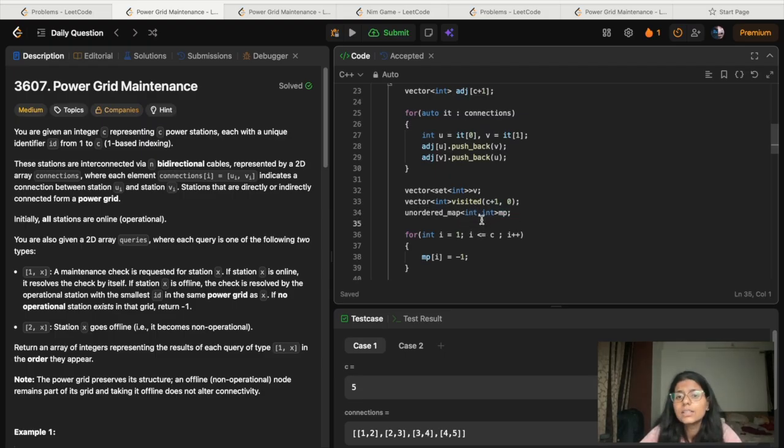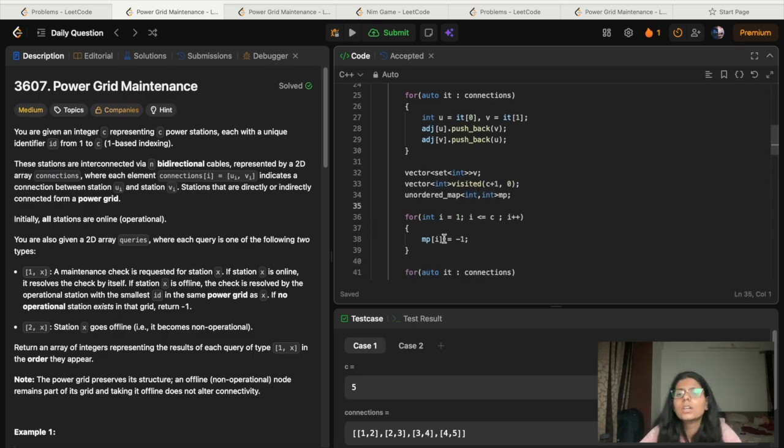Then another map. What it does is store, for each node, the index of the set in the vector where I have stored that set. I map that index here to a node.